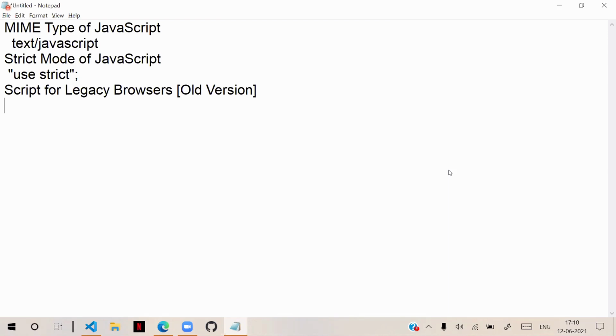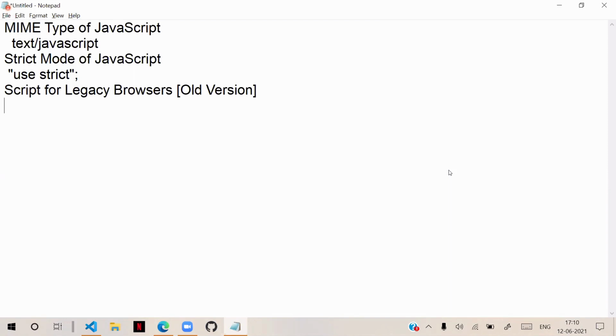JavaScript is improving and several new concepts are coming into the latest versions. But people are still using very old version browsers in some areas even today.